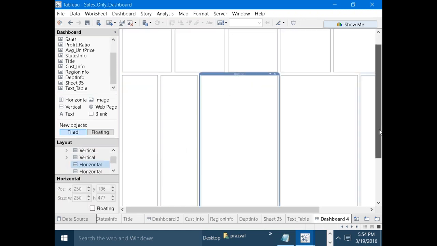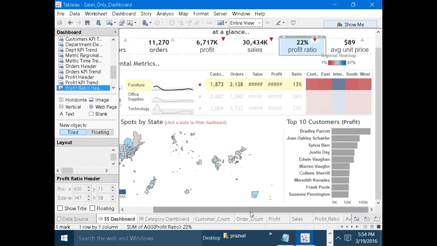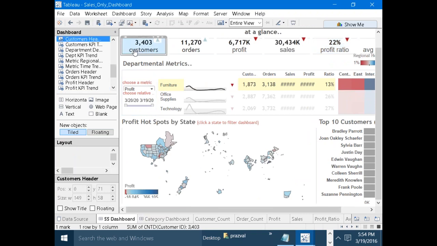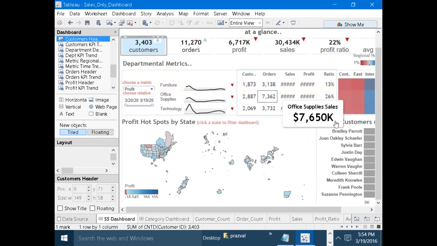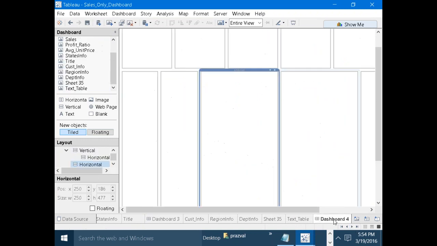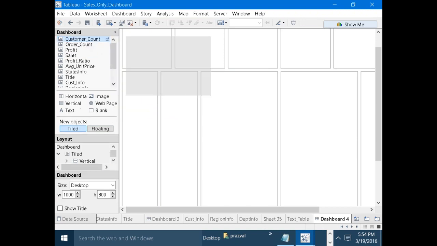Right. Now what does the first one contain? Number of customers. Why is the customer in the leftmost? Because for any business, without customers, can any business exist? No. So the customer is the topmost player, so you have to place the customer in the leftmost place. So where is that sheet? Yes. Drag the customer count by holding the shift button. Okay, you have to hold the shift button. Just drag it and place it into this